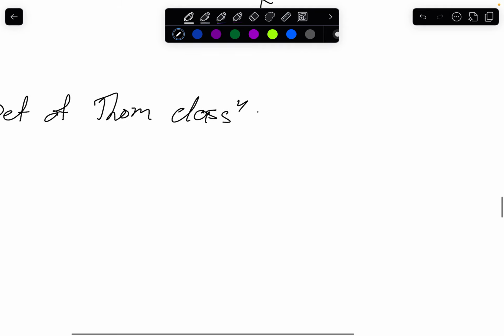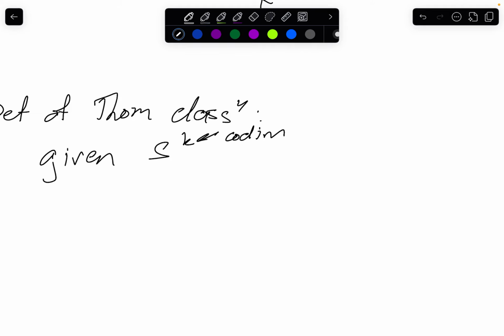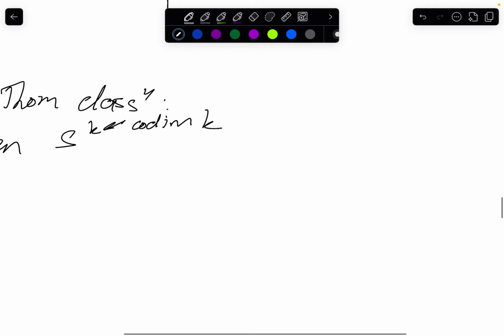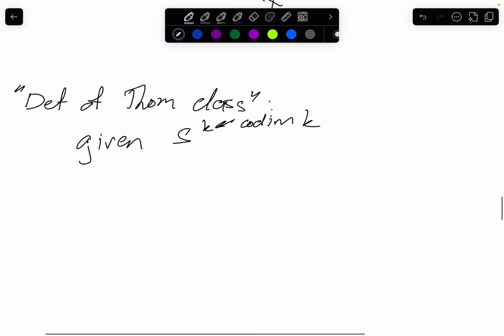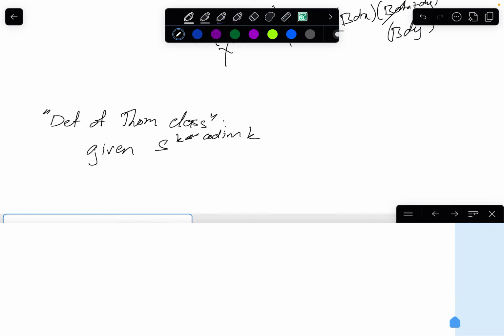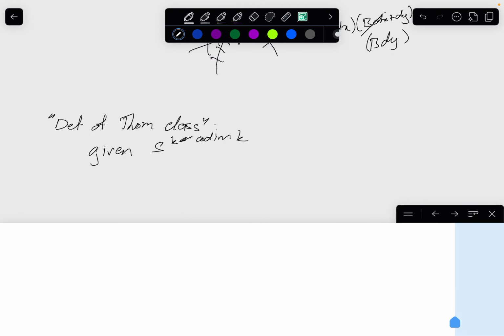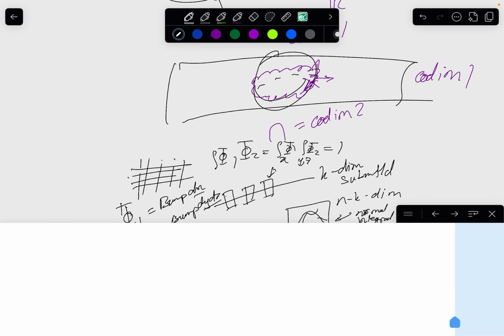So it's going to be a differential form, or I guess we should say, given some submanifold of codimension K, we're going to want to construct